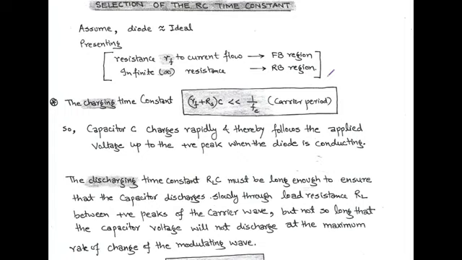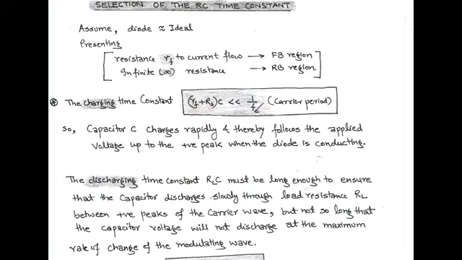Now, to determine the charging time constant, we consider the input of the envelope detector. At the input, there is a series resistance, capital R suffix S, and during charging, the diode is in the forward bias region and it offers a forward resistance. So the charging time constant is denoted by (r_f + R_S) into C,